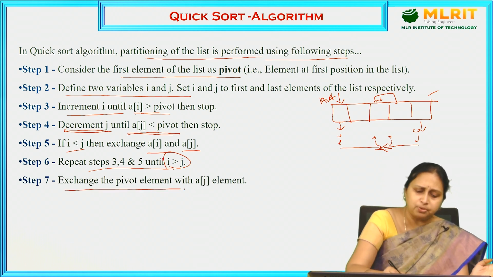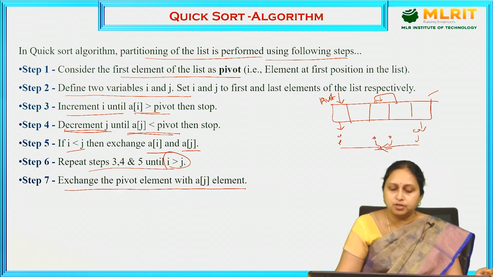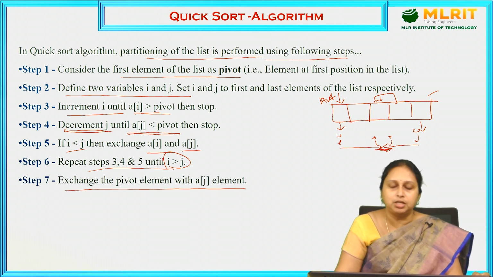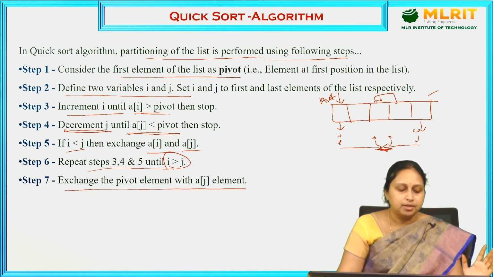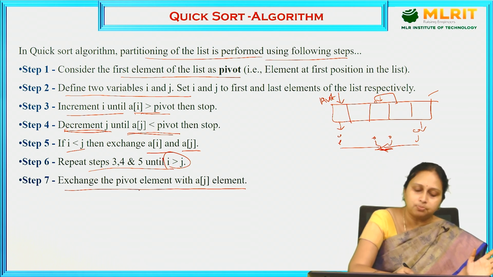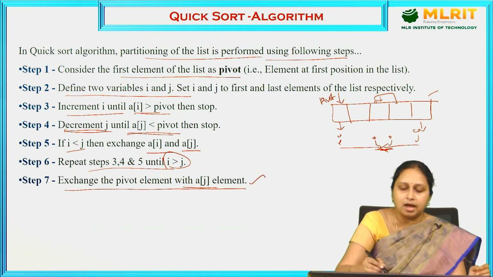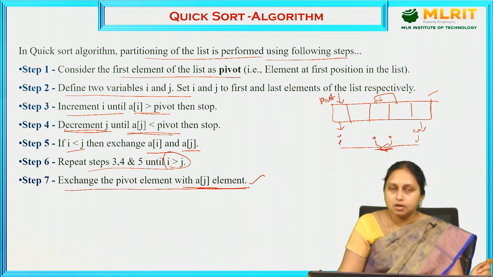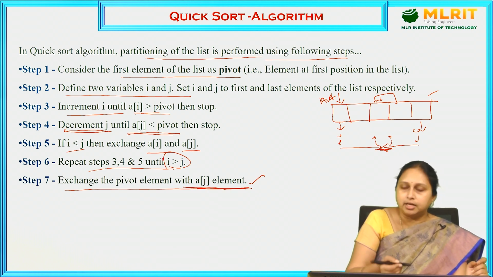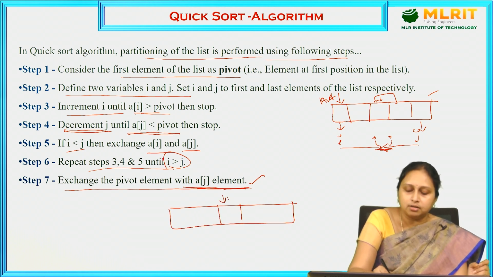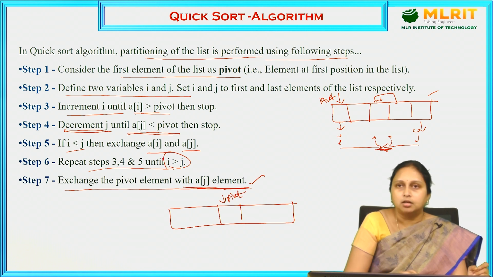Then exchange the pivot element with the a of j element. After so many repetitions, after the elements have been placed or swapped, at some point you are going to exchange the pivot element with a of j element. When you have reached this particular step, what happens? If I have swapped the pivot element with the j value, now the pivot is in this position,